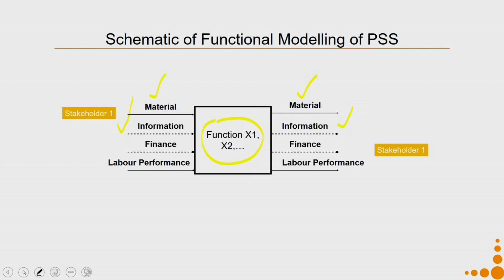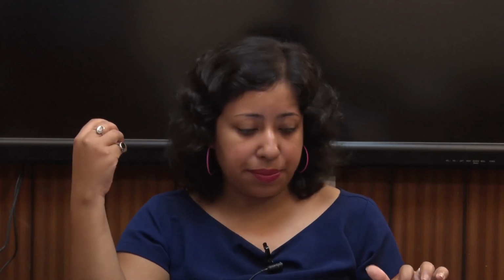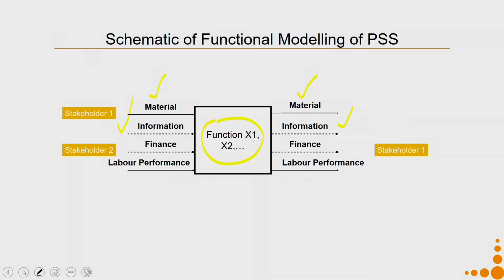So, stakeholder 1 puts in material, the raw materials for making the chair, because stakeholder 1 expects that it is going to get back money in return for the chair. So who gives stakeholder 1 money? Stakeholder 2 gives stakeholder 1 money. In return, of course, stakeholder 2 will not give money if it is not getting anything. So stakeholder 2 has to get the chair. So the material is flowing to this particular stakeholder 2.